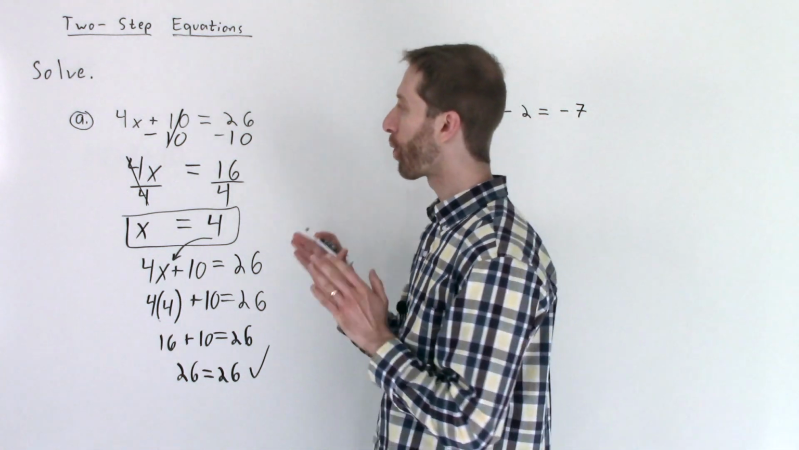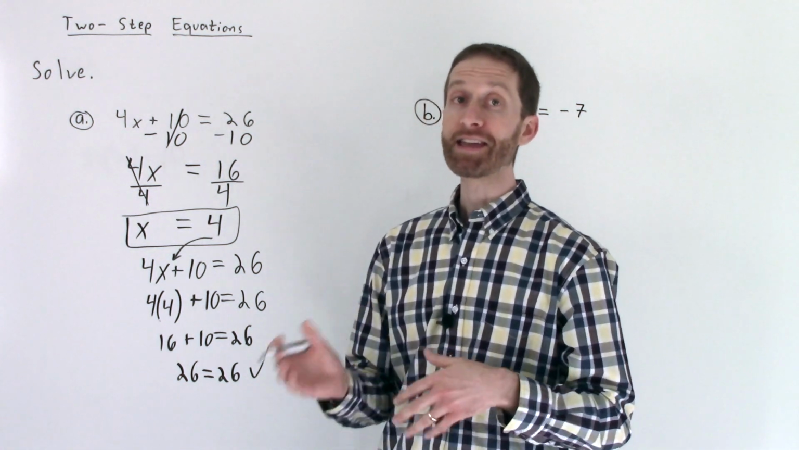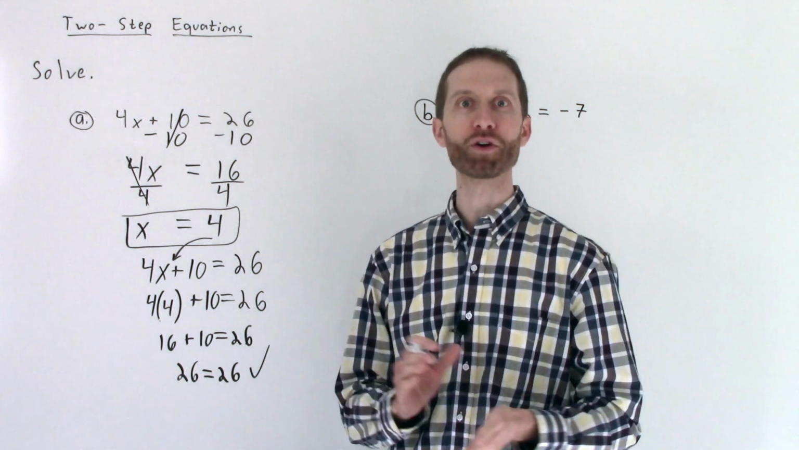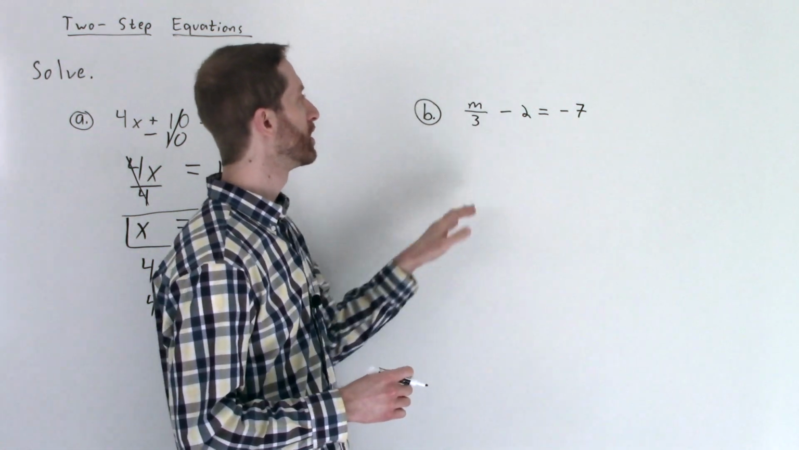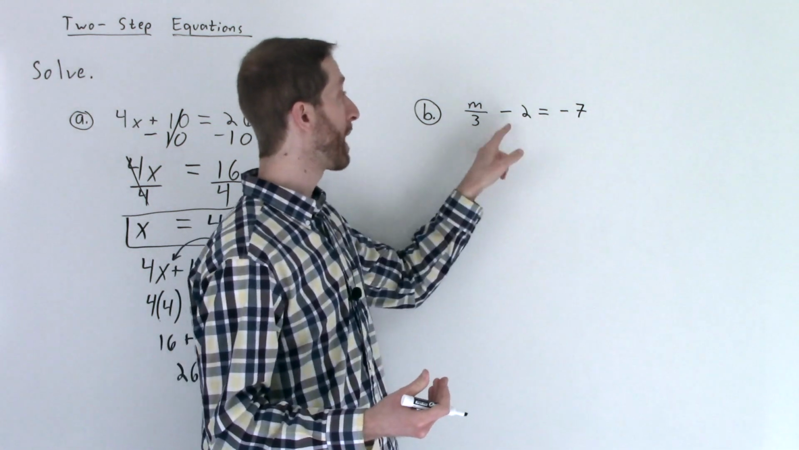Okay, we're going to go over one more 2-step equation in this clip, and then in the later part of the video, if you need that bonus coverage, I'll go over a couple more examples. Very cool stuff. Okay, with this problem here, you've got m over 3, or m divided by 3, minus 2